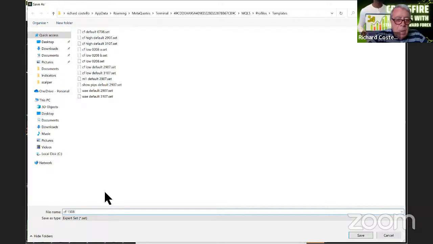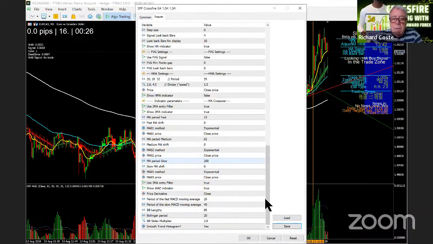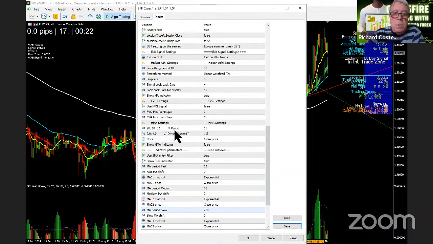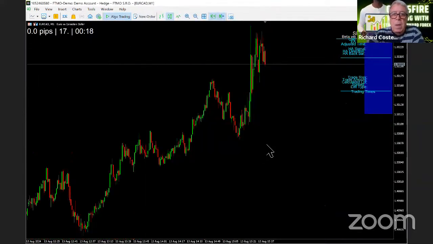And I'm going to put PM on this because I may have a different lot of settings for the morning session. So I'll have one lot of settings for the afternoon session, one lot for the morning. That just means I don't have to go back through all of what I've just done every time I load onto a different chart. I'm going to go back to OK, and